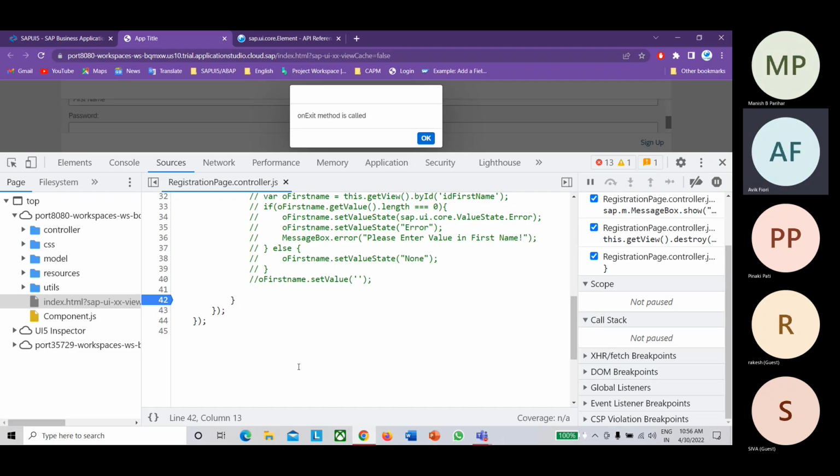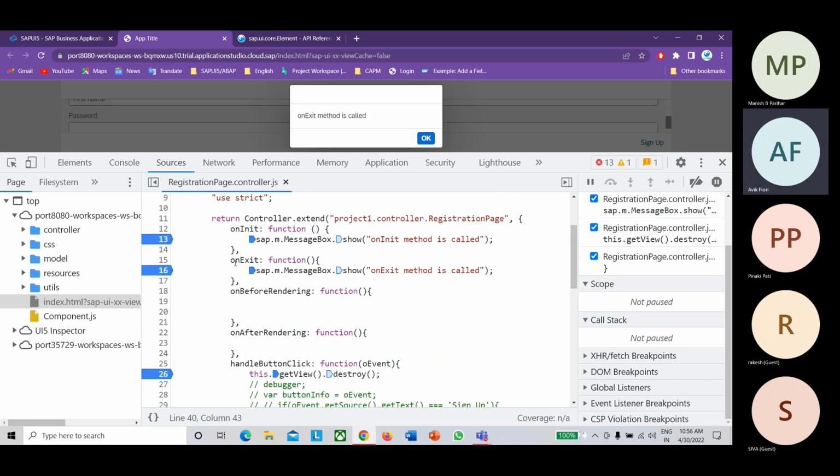Not for the controller. It is called for the entire app. Oh, I see. I thought it would work the same as on init. No, not like that. Okay, got it. On init is for each controller, and on exit is for the entire app. Yes. So that's how on exit works.